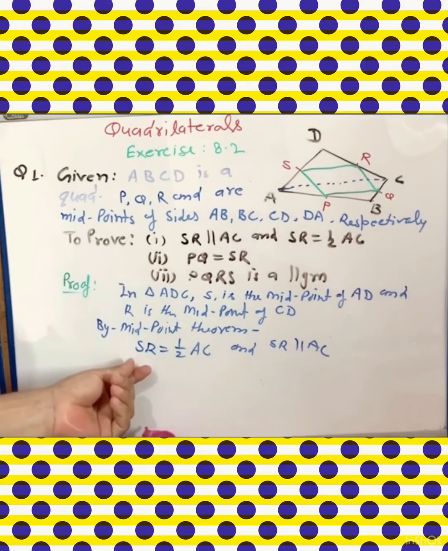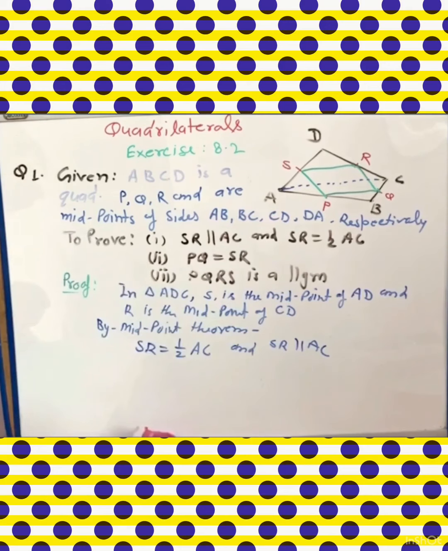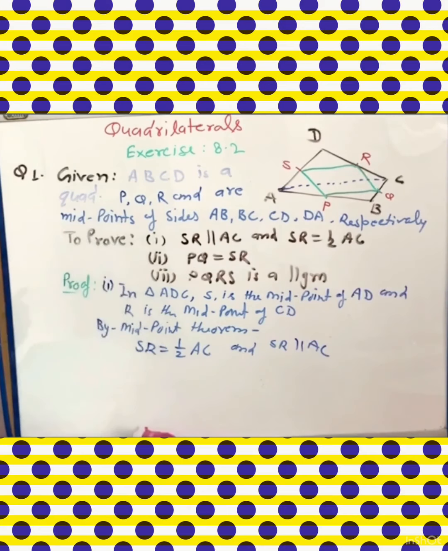You can say that SR is half of AC and SR is parallel to AC. Now this is the first part, so you will write here part number first. Now for part number second, you will see